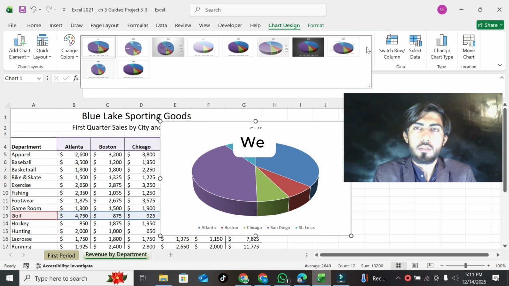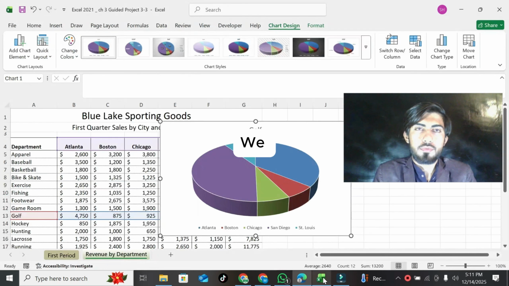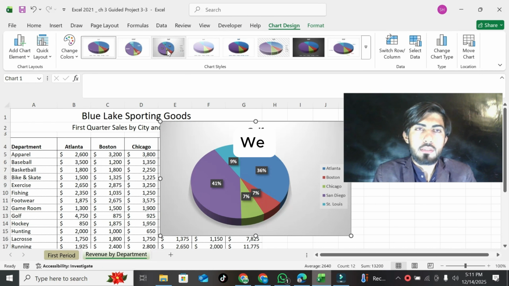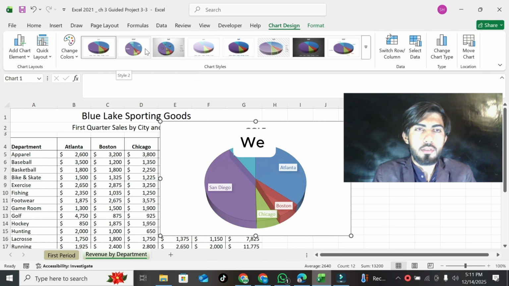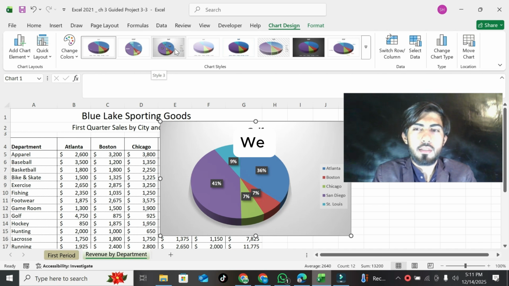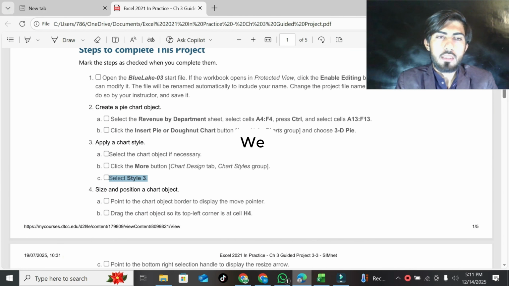This is the More button. Part C is select Style 3. So this is Style 3. Click on this one. Our question number 3 is complete.